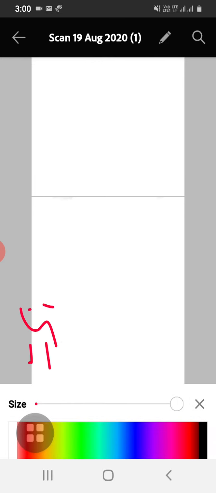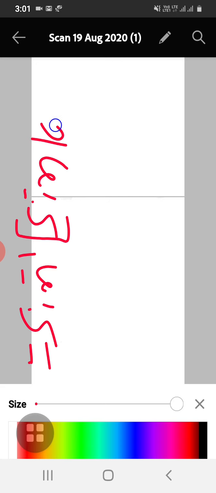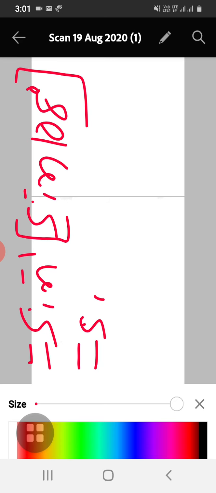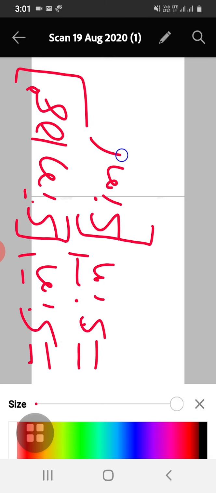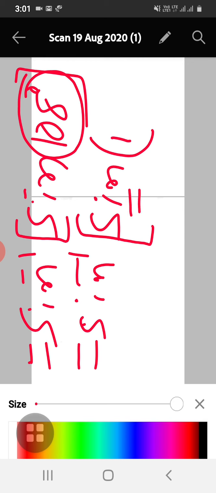Consider sine inverse of sine; you can write it in radian measure or in degree measure. Sine inverse of sine of 108 degrees. Here the ratio should not be changed. So we write 180 minus theta, which means it lies in the second quadrant, where sine is positive and the ratio will not change.